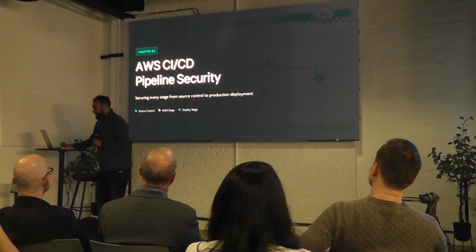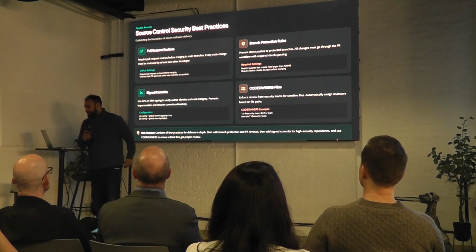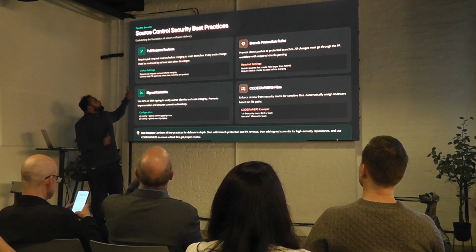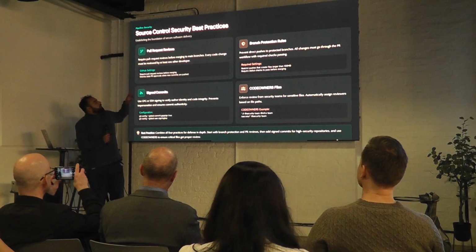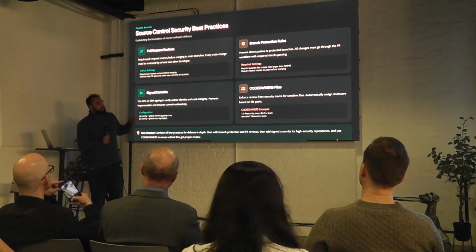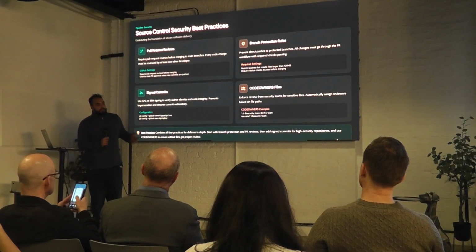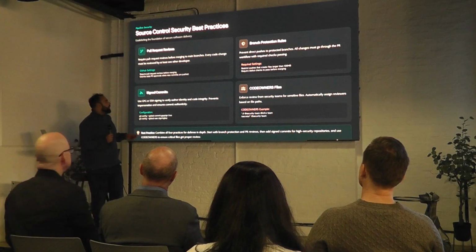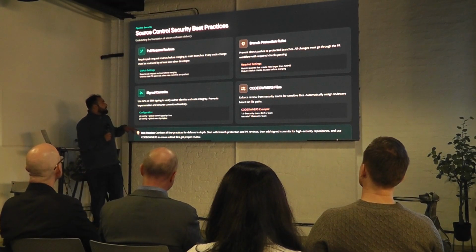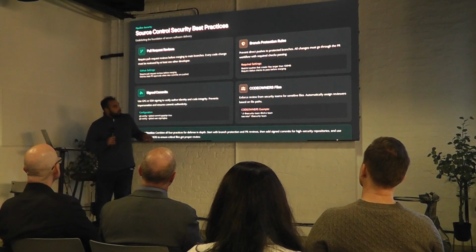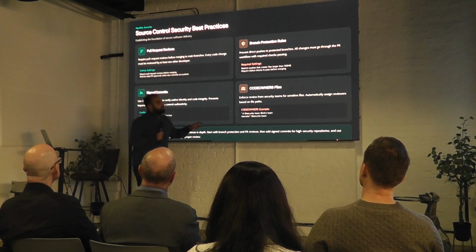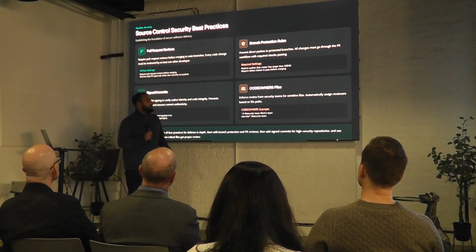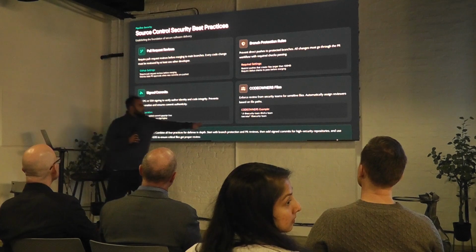AWS and CI. So source code, so pull request review. Pull request review before merging to the main one. Basically having someone that approves it and having someone else to approve that also. Sign commits, using code owners for files, and then reviews from the security team for sensitive files, automatically assigning reviews based on file paths.